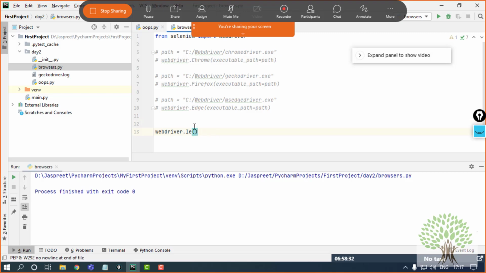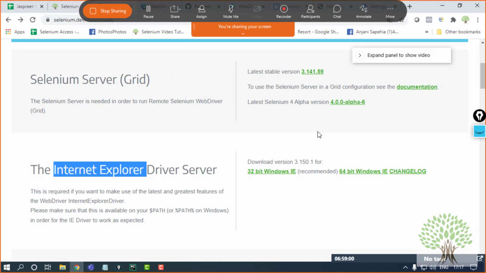After going to the URLs, like over here you can see that there is a hanging object that has been made. There is no reference to it. So what I can do is I can make a reference as well by saying you can give any name. I'll give it as driver. Now using this reference only, I will be making the rest of the code. After opening the browser, I need to go to some URL. What URL will I be using? What is the function that I'm going to use?